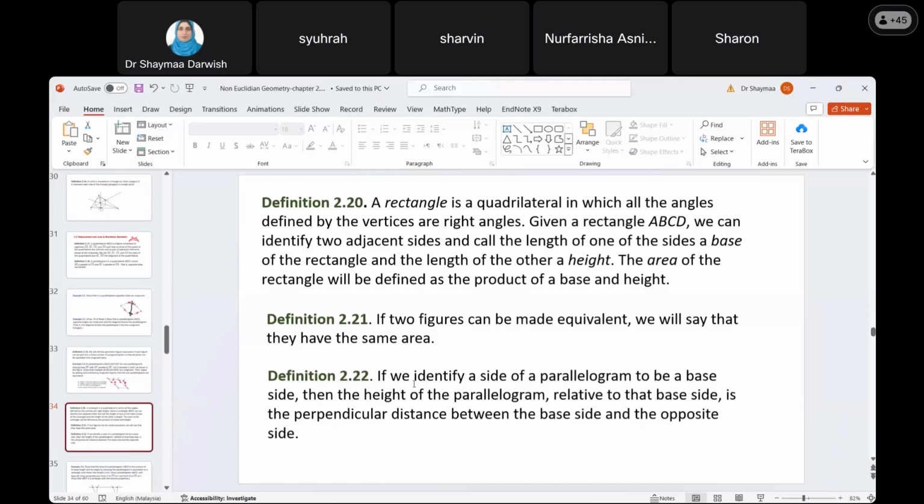If we call one side of a parallelogram the base side, what is the height? The height of a parallelogram relative to that base side is the perpendicular distance between the base side and the opposite side. This is for a general parallelogram. For example, if I